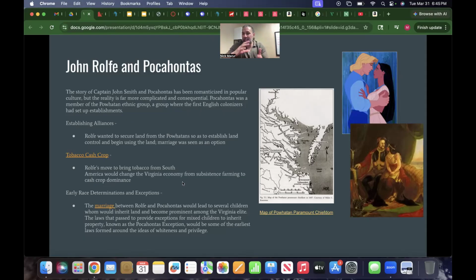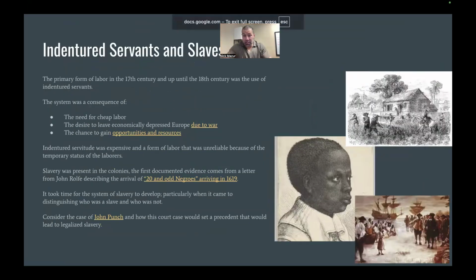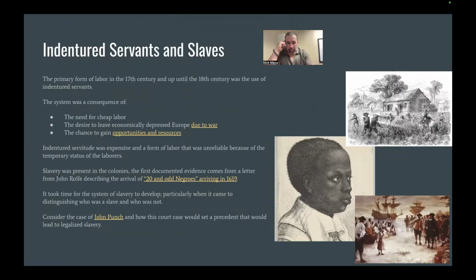Okay. So it's in this beginning where you already start to see that the government, that the laws governing these colonies are already starting to take shape, defining based off of who could be an owner, who could be a slave, what are the duties, what is the labor, right? We're already starting to develop that. Additionally, the indentured servants' situation takes a turn in the year of 1641. Okay, there is a fascinating story.